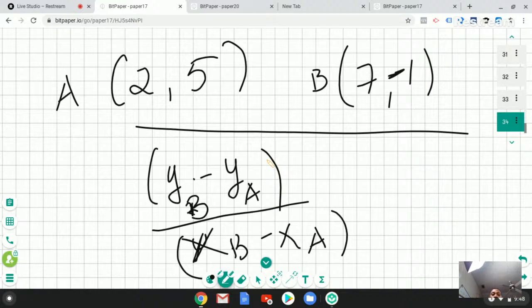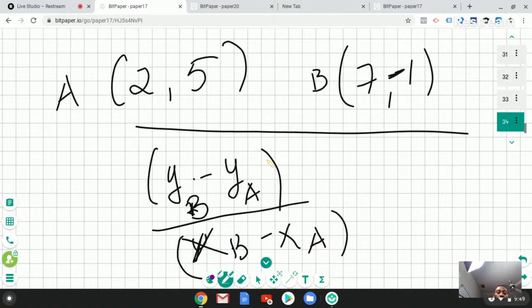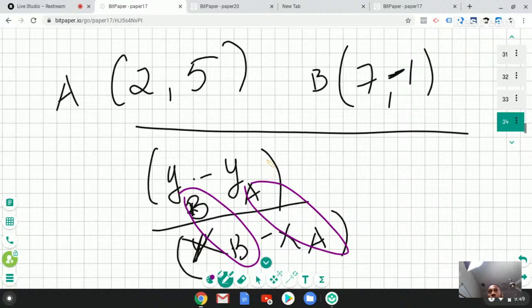So what do you do? You take the Y coordinate. Now, the only thing with this is you have to stay consistent. If you start with B, this needs to be B, and then the second one needs to be A. If you change it, you're going to find a different slope. Okay, so now yB